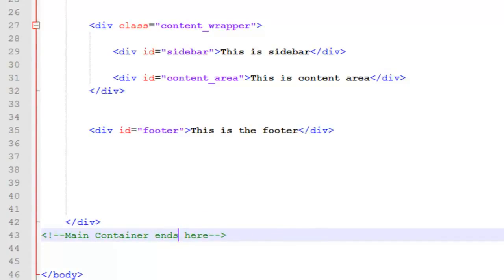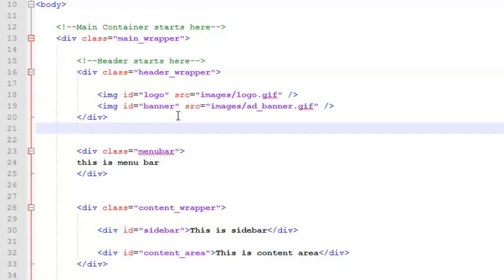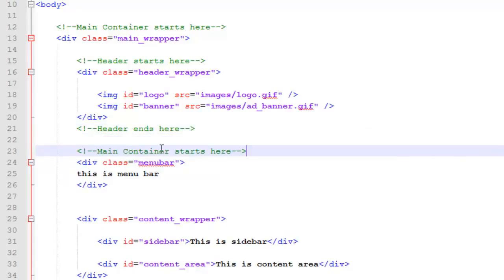We'll say that main container ends here, and similarly I can add this to here as well, and say header starts here and header ends here. There are some comments for making you understand. Header ends here. This is your menu bar, or you can say navigation bar. Navigation bar starts,